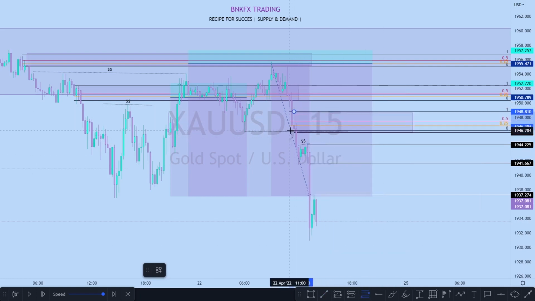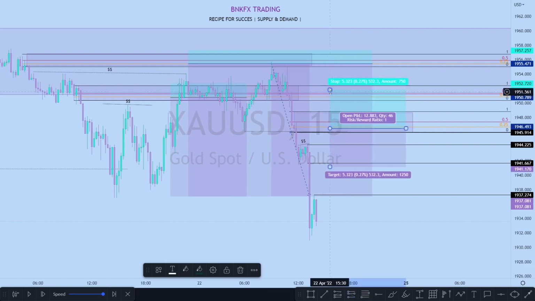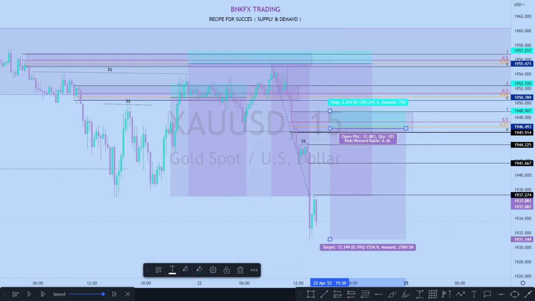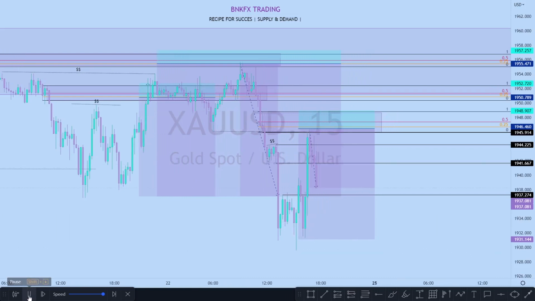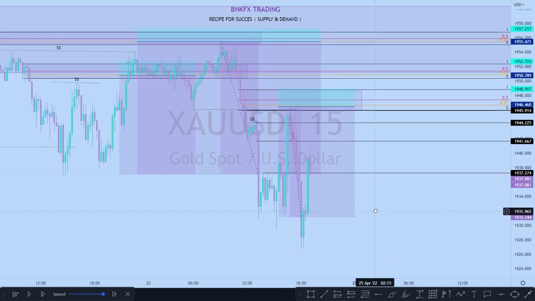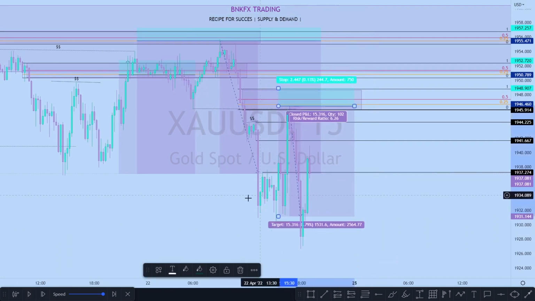Now, we will set the entry price to 25%, the stop loss with a pip above, and the target in this low. The entry is hit, and as you can see, the transaction reached take profit, giving us a risk reward of 1 to 6. Now we go back to the